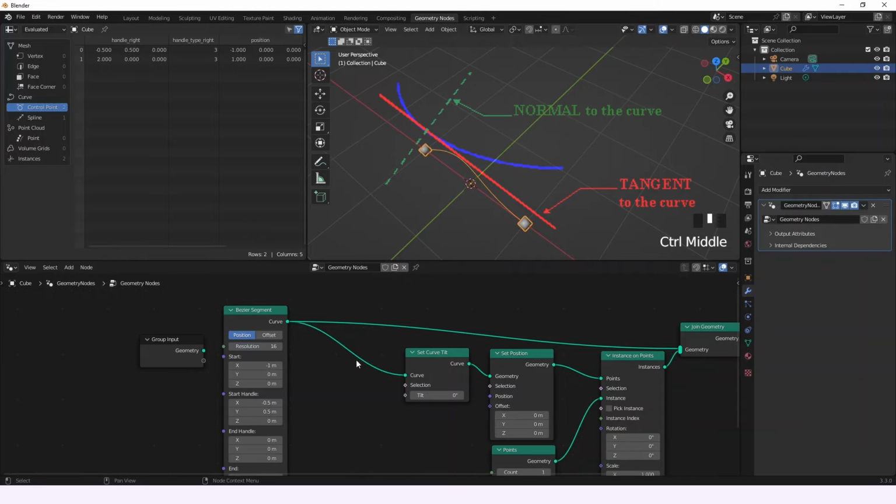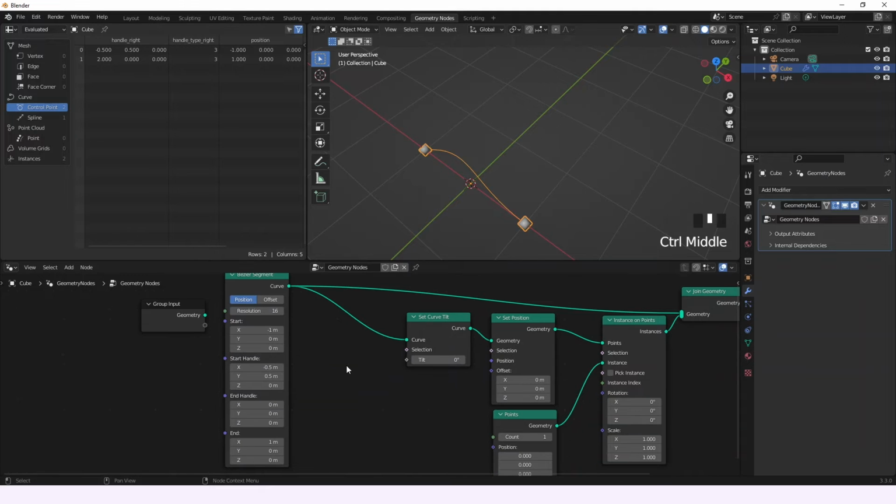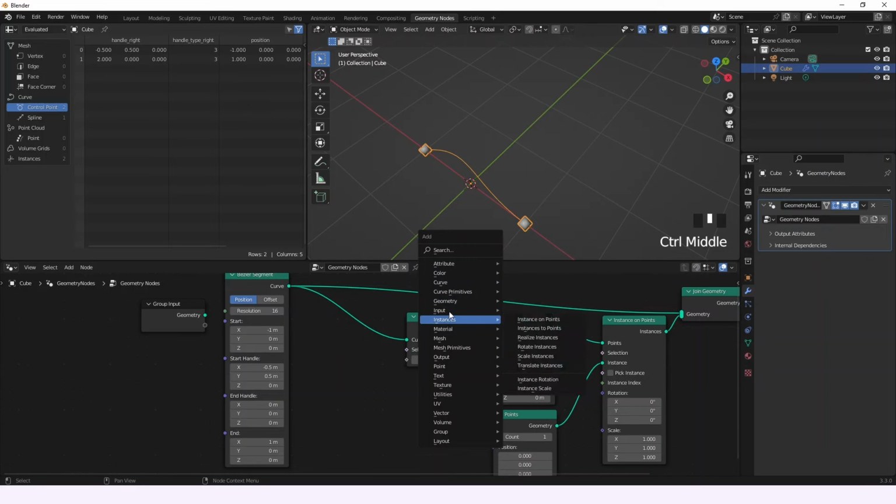You know that the normal and the tangent go in different ways, but this curve tilt node is going to be changing the position of the normal according to the tangent. So we're going to be adding a normal for the position of the set position node, because that node isn't doing anything yet. But if we connect a normal,